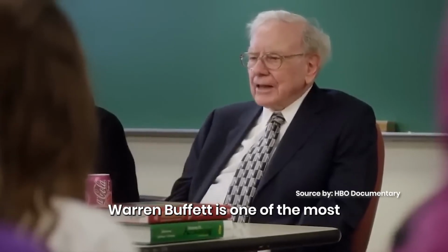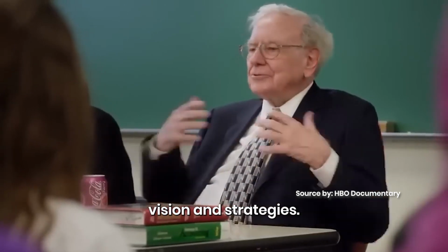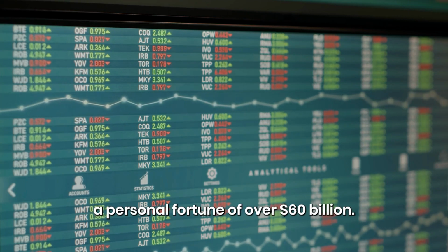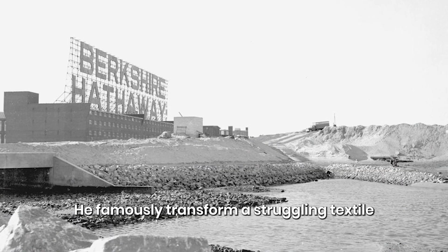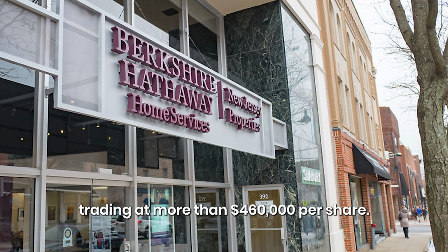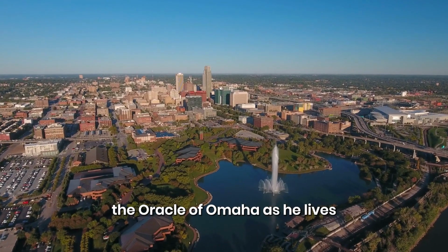Warren Buffett is one of the most successful investors of all time, as he is known for his investment vision and strategies. He bucked the mainstream investing trends and amassed a personal fortune of over $60 billion. He famously transformed a struggling textile mill into a holding company with well-known brands, a market cap of nearly $700 billion, and a Class A stock trading at more than $460,000 per share. His investment prowess earned him the nickname the Oracle of Omaha, as he lives and works in